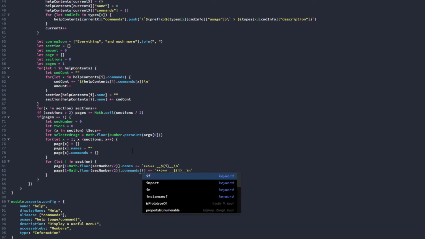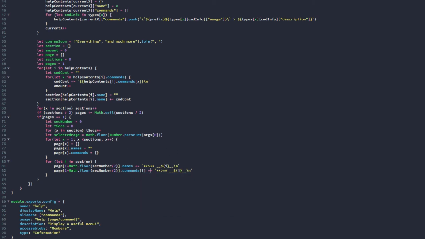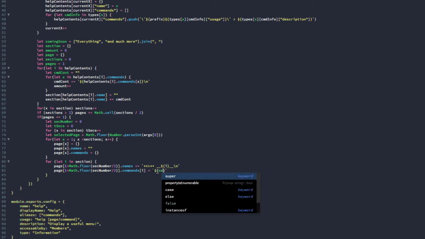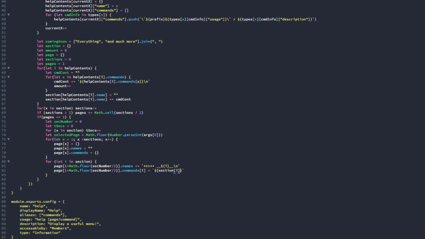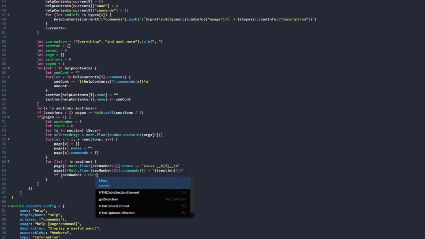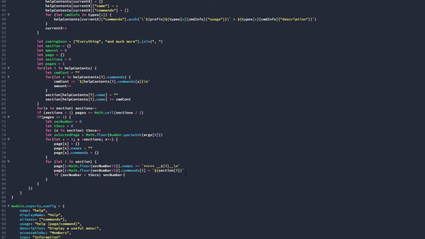i equals section i. So once you do this, you're going to do if secNumber is less than tsecs, then secNumber plus plus. Okay, now